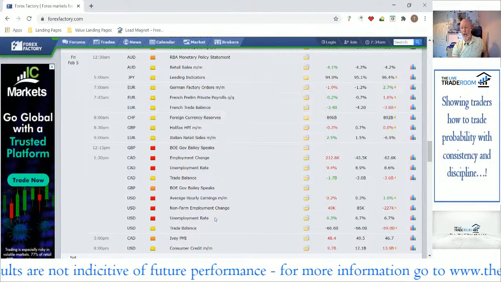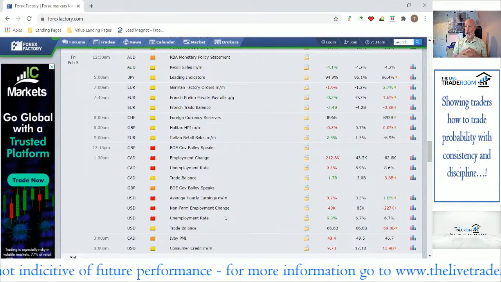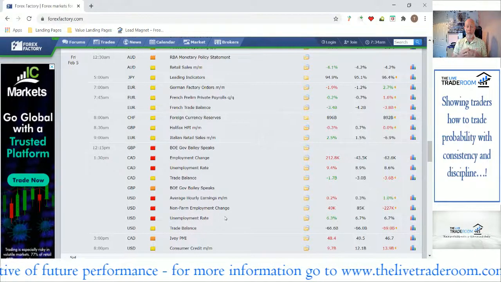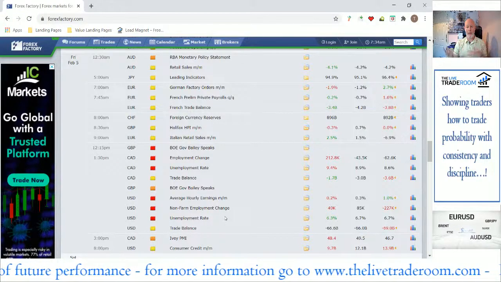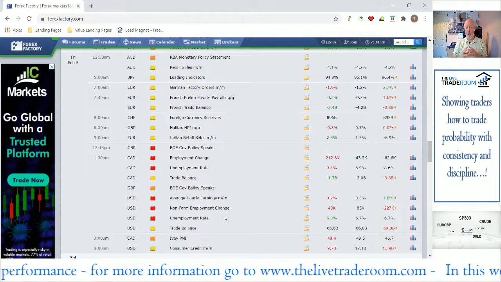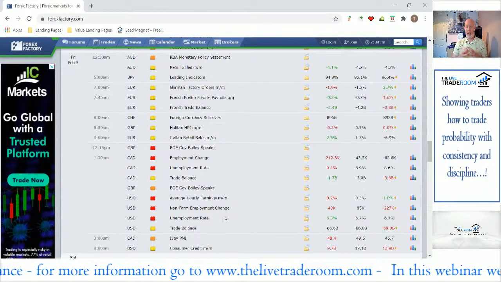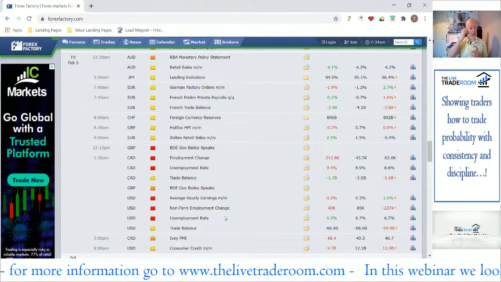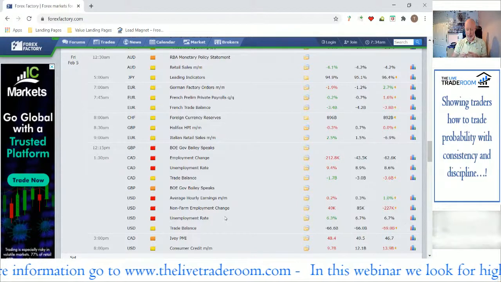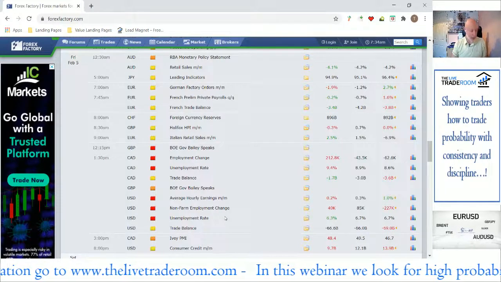These are economic data points that are good indicators in determining economic health. Of course, the more people in employment, the more taxes they pay, the more revenue that's generated, the more spend that can occur. So it's one of those important indicators to be able to analyze economic health. And of course, we get these figures from country to country. And this is the US, which is the biggest jobs market in the world in every measurable sense of the word as well.